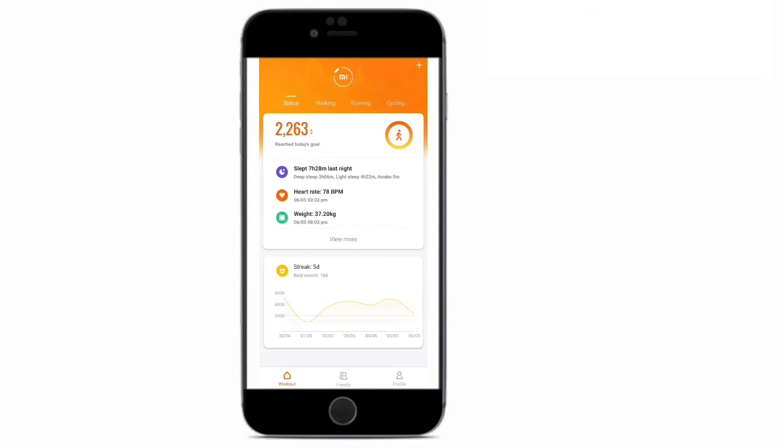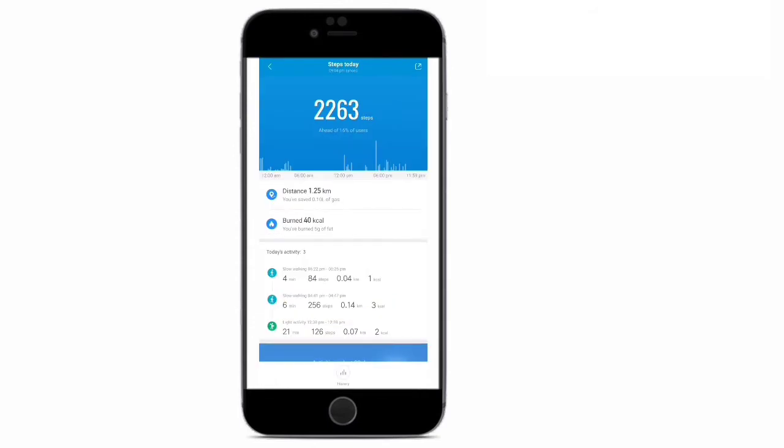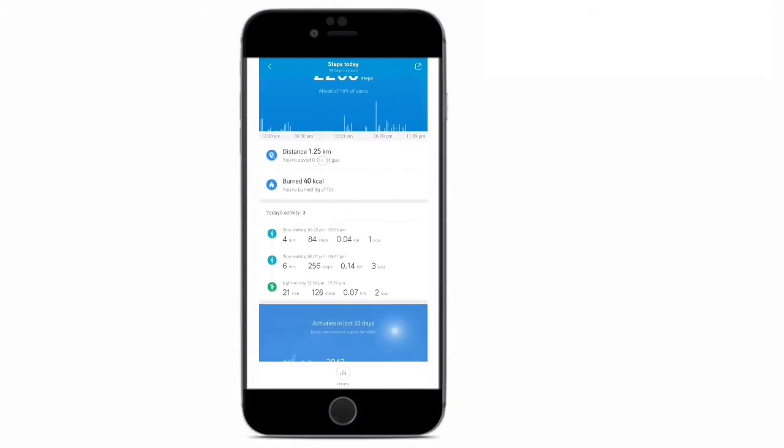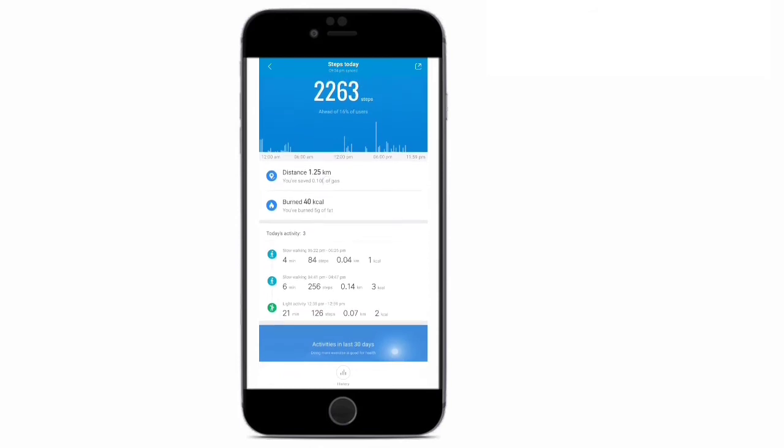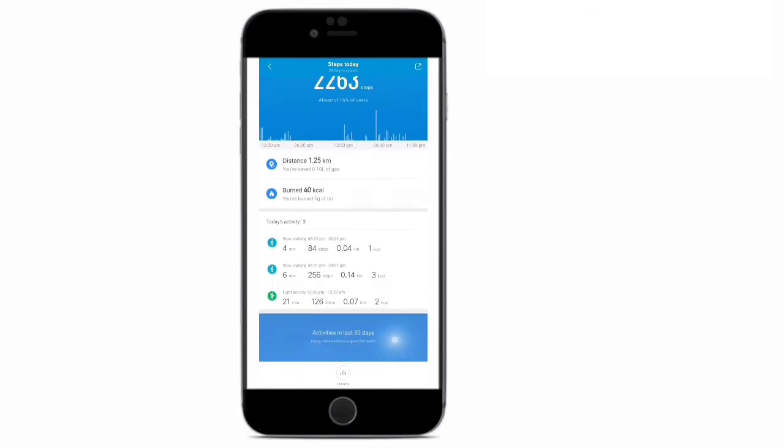And now if I go inside the option, as you can see, it says the distance I have traveled, the calories burned, and after that it shows you the activity, the number of activities performed in a day. So it says the number of activities today is 3. So I have done slow walking between 6 p.m. to 6, maybe 4 to 5 minutes, and again after that maybe 4 to 5 minutes again, and then it says some light activity. So if you even do some workout, it shows you that.